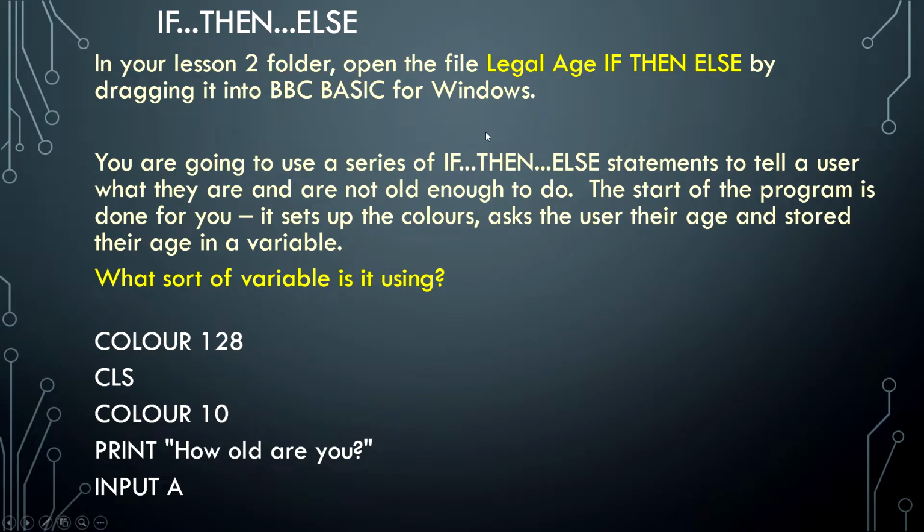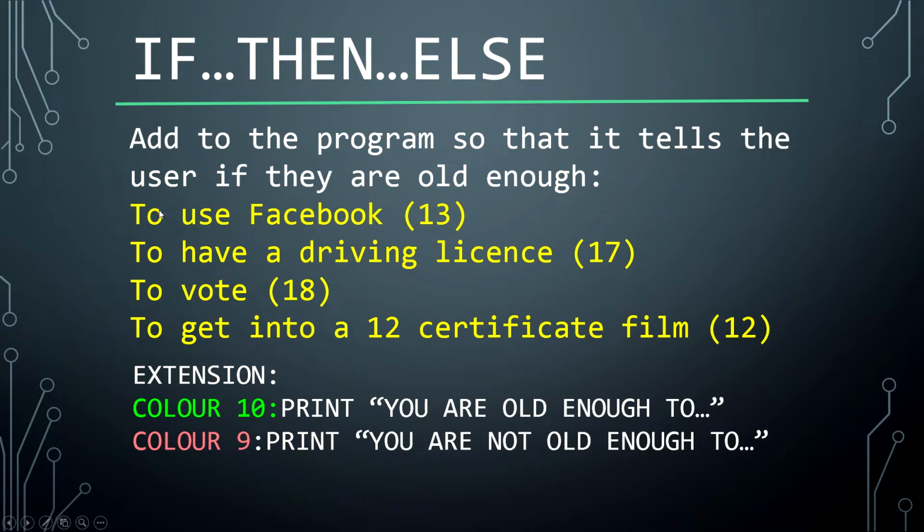As it says on the slide, we need to load up this file, and you're given the beginning of the program. So if we just look at our next slide, here are the 4 initial parts that you've got to get programmed here. So to tell the user whether or not they're old enough to use Facebook, 13, to have a driving licence at 17, to vote at 18, or to get into a 12 certificate film at age 12. There's also a couple of commands here just for you to change the colour, but get the basic ones done